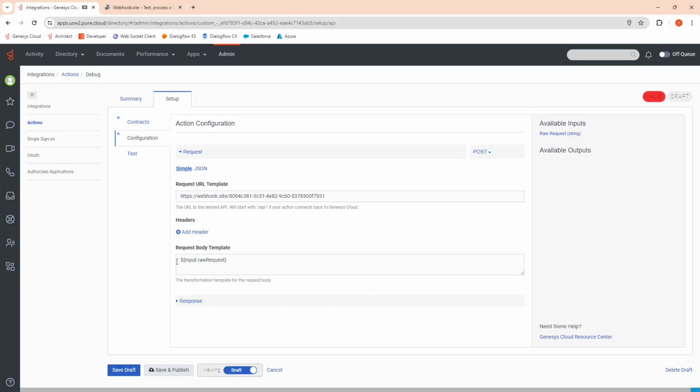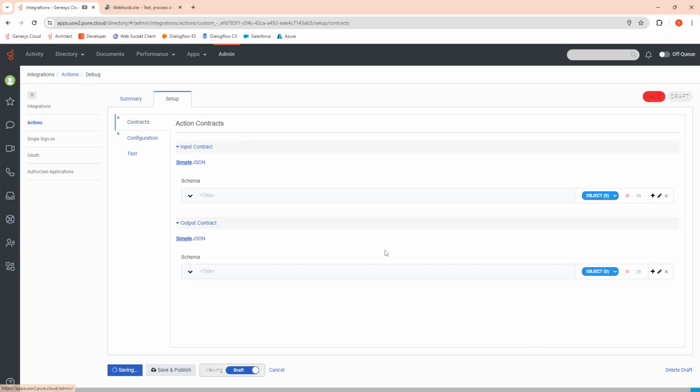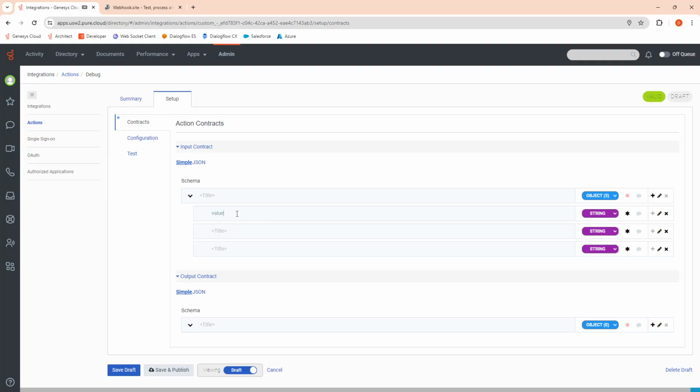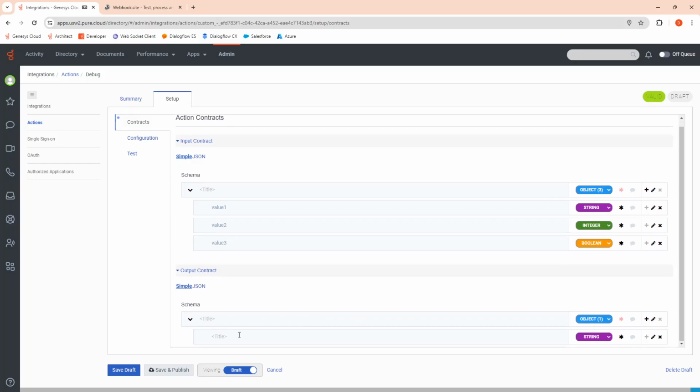I could specify a literal request body, or I could just use the default contracts that are provided in Genesis Cloud. So in this case, I'm going to use a default contract, and I'm going to put in some fields here. We'll just call this value 1 as a string, value 2 is going to be an integer, value 3 will be a Boolean, and in my response object, I'm going to expect a string called response that will have